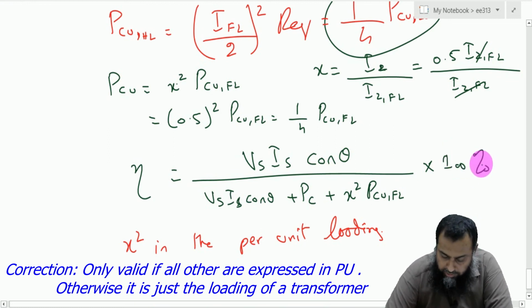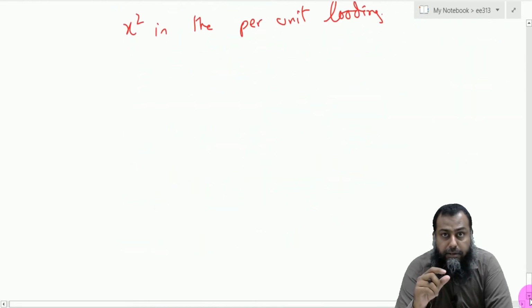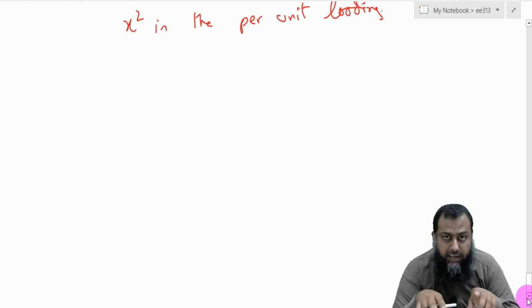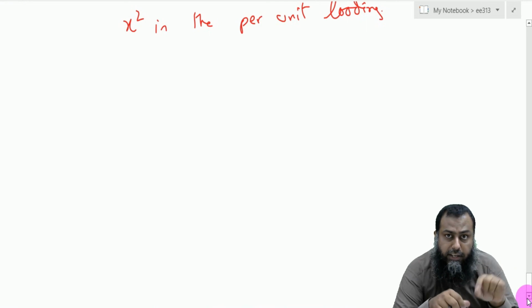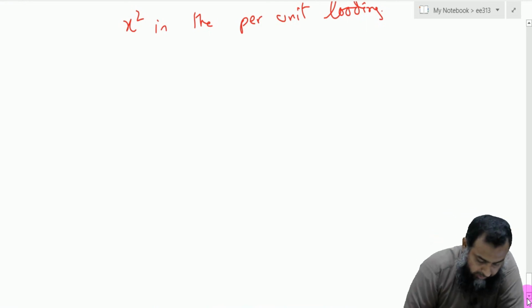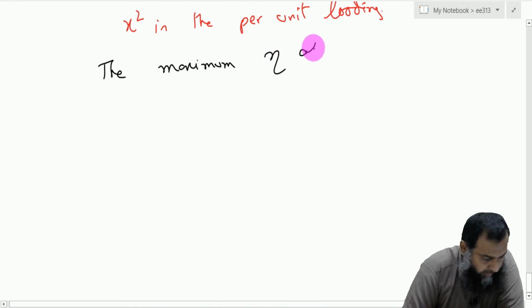So this is, I think, now clear. Let us move ahead a little bit. We also need to establish at what point the efficiency is the maximum for a given transformer. So we have seen that the efficiency of a given transformer depends not only on the power factor but also on the amount of current flowing, because that current determines the copper losses in a given transformer. So to establish the maximum efficiency of a transformer,